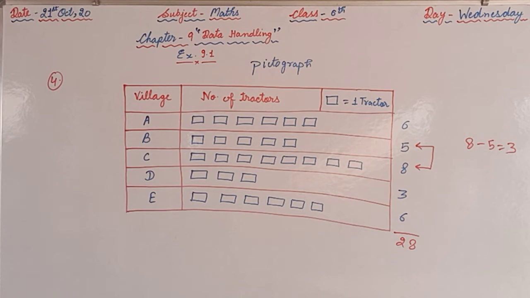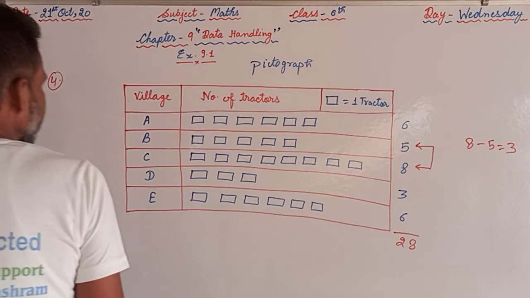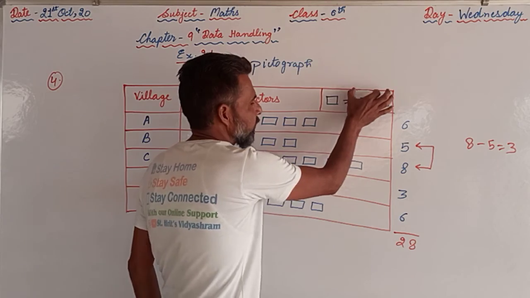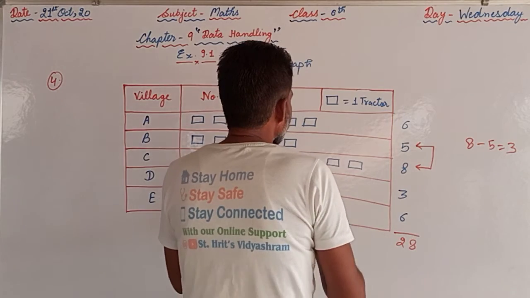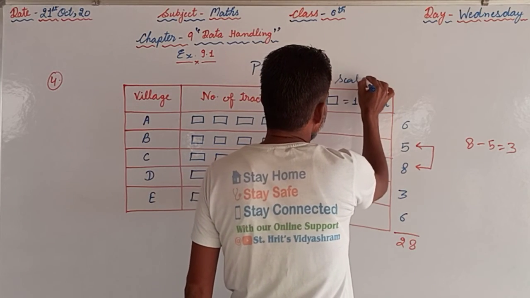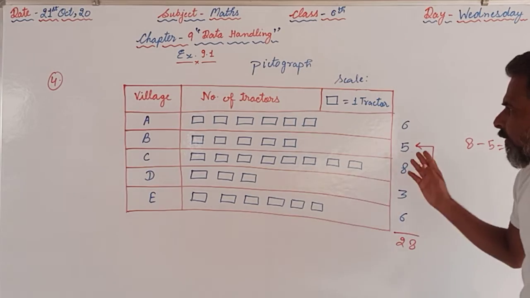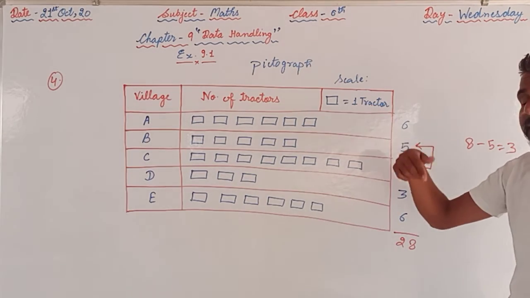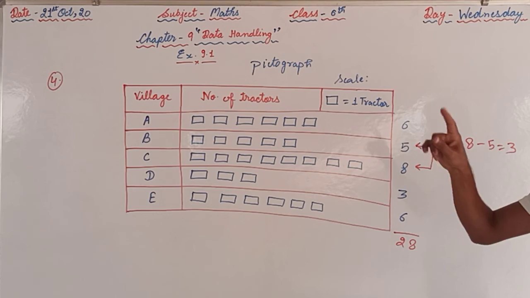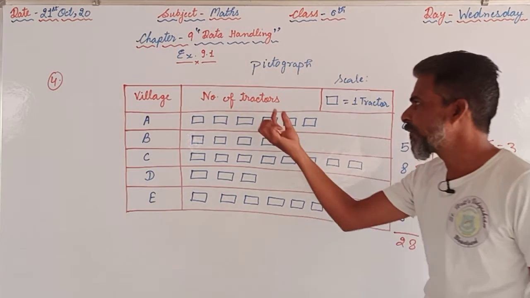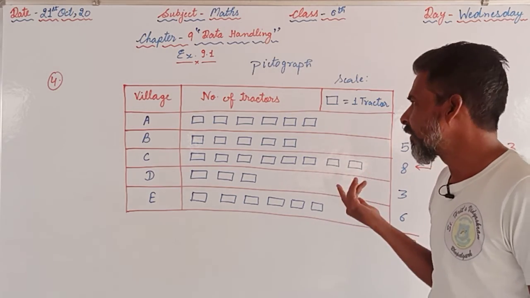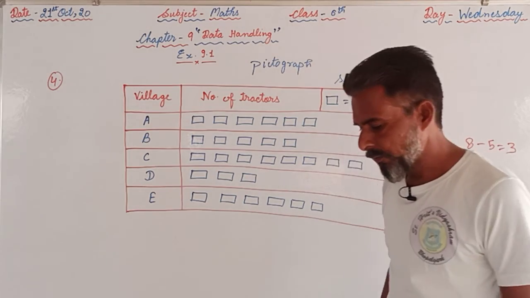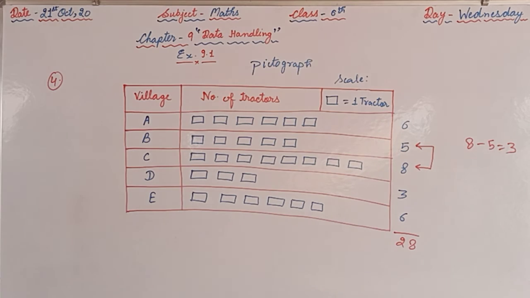Two important things are there. One, in a pictograph the pictures are used. Second, the important thing, the scale is also given on this side, which we are supposed to use for the calculation. In question number 5, one face equals 4, means if 2 faces are there it means 8, if 2 and a half faces are there it means 10. So scale is also important in a pictograph. In this way you can attempt the question.